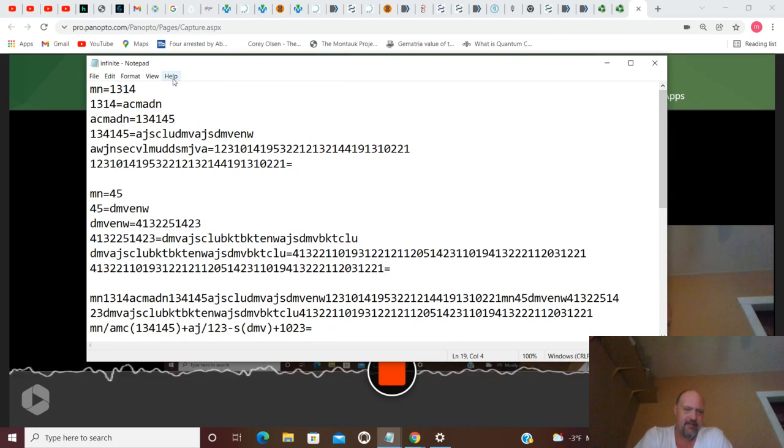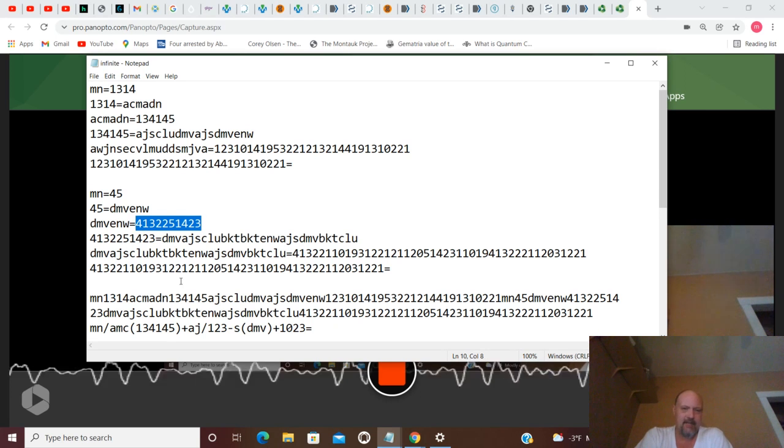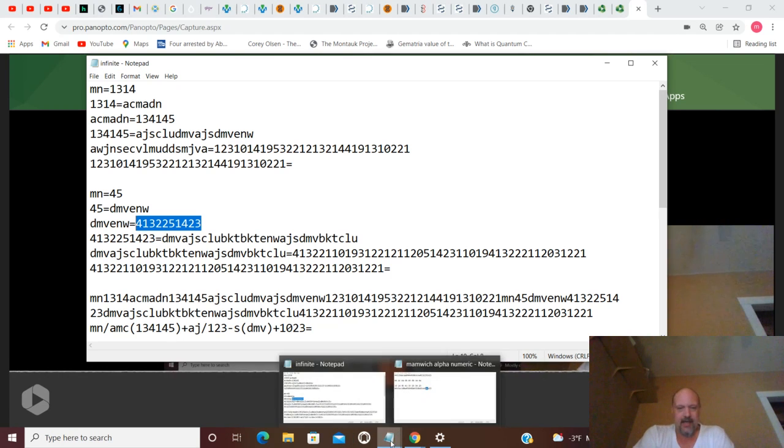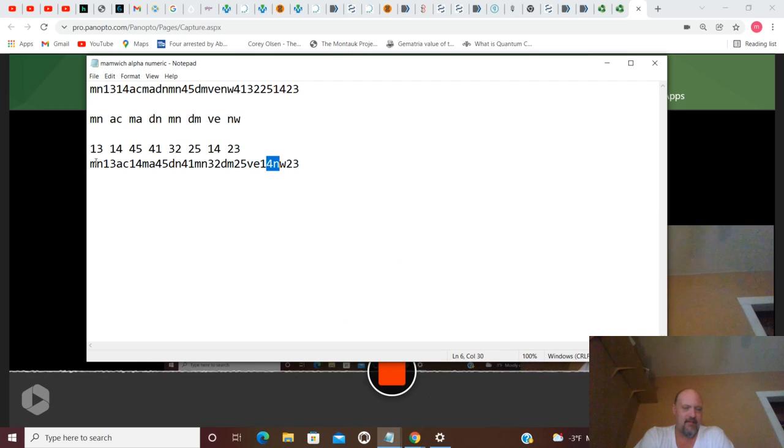And since this goes on infinitely, we had to pick a finite place to stop. So we stopped here, and we stopped here from each side, from starting with the alphabetic order and starting with the numerology chart. And we paired those off. We paired these letters and numbers off, 2 and 2, so that we ended up with MN13, AC14, MA45, DN41,